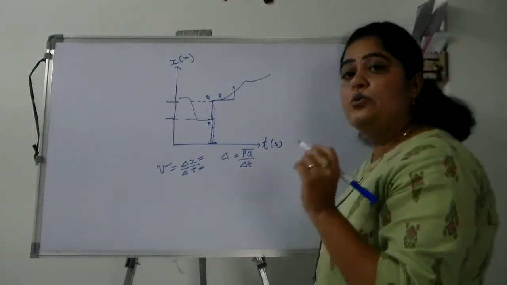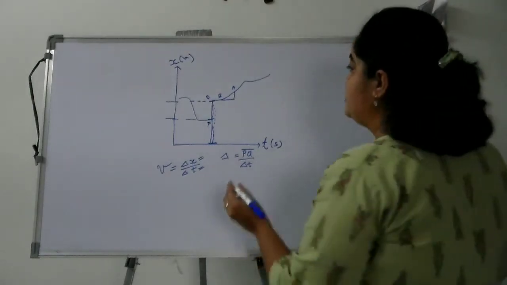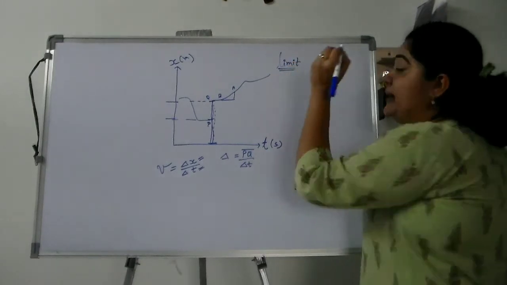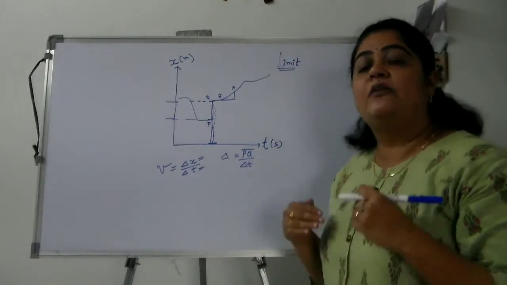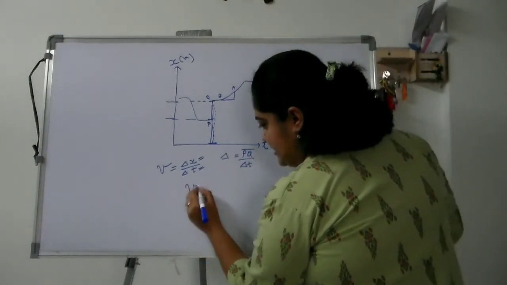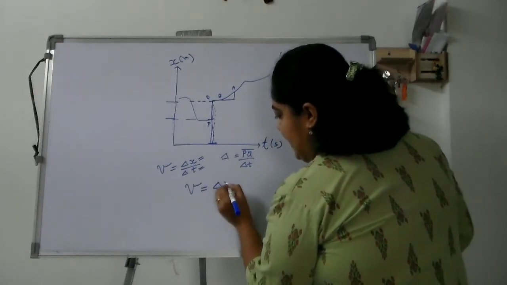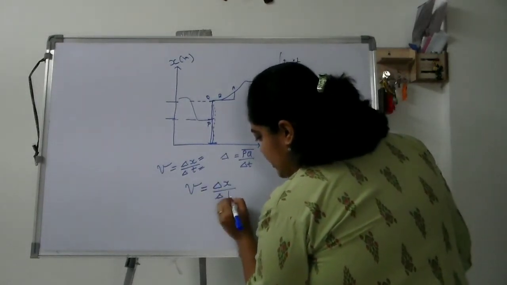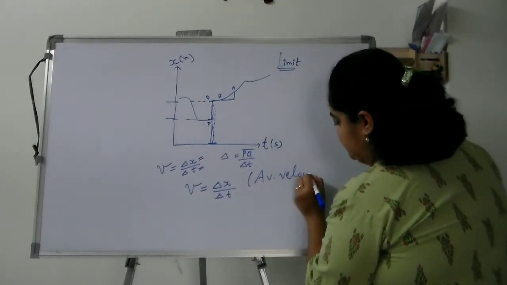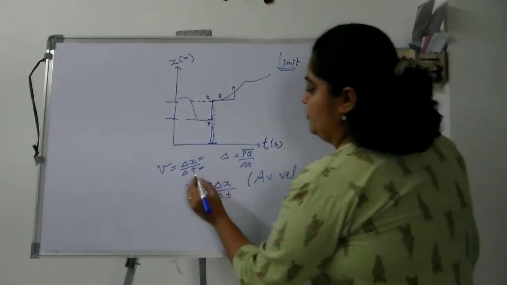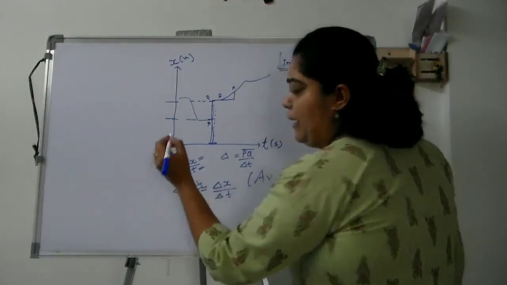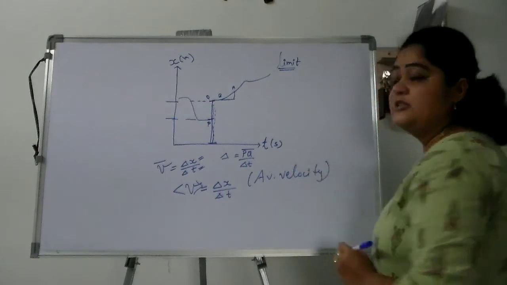So in this case, we make use of one mathematical operation which is known as limit. This is a mathematical operation that we will be applying on our physics phenomena. So how do we do it? We know that in the normal case v will be equal to del x by del t. This is the average velocity. We can put it in a bracket, or somebody even puts a bar on it. Whatever it is, it is a notation for average velocity.